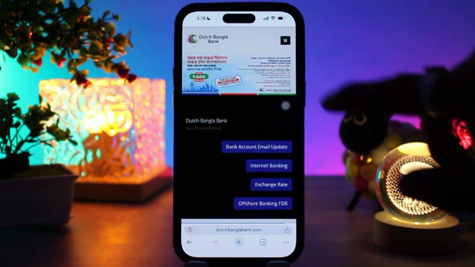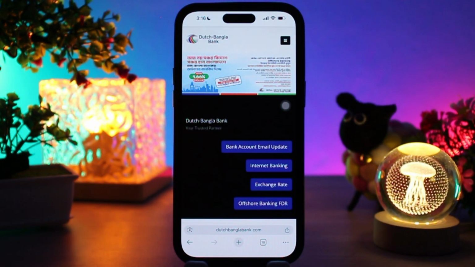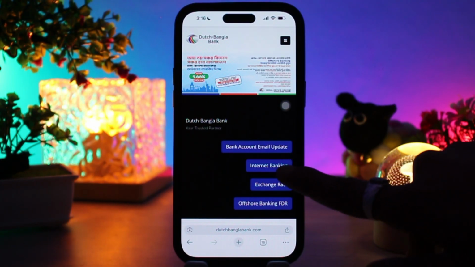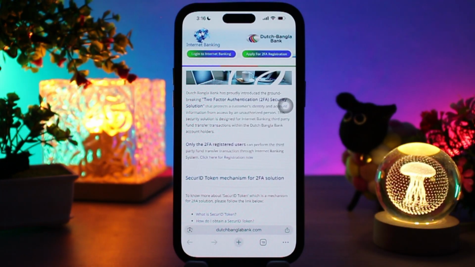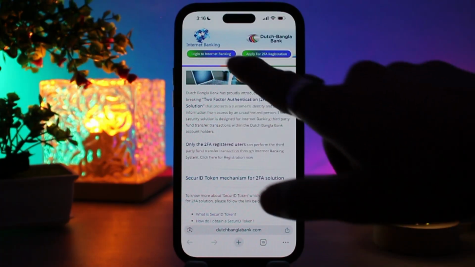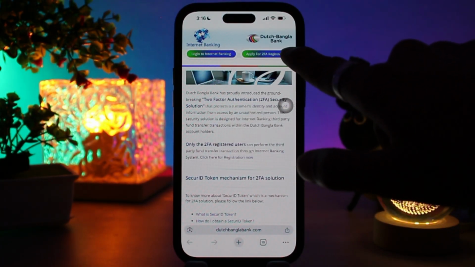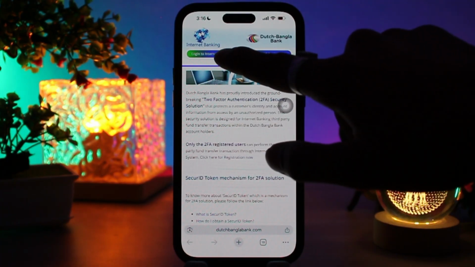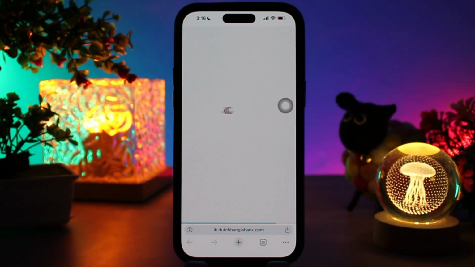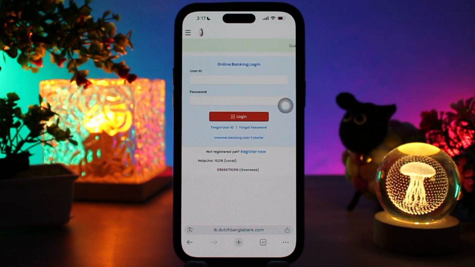Then once you're inside the homepage of Dutch-Bangla Bank, what you need to do here is select Internet Banking among the options. Then once you're inside there, on the top you will be seeing an option that says log into Internet Banking or apply for two-factor authentication registration. Simply tap on Login Internet Banking, and on tapping it, you will be transferred to the login portal of the